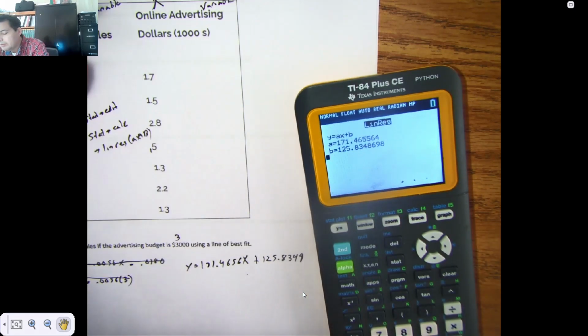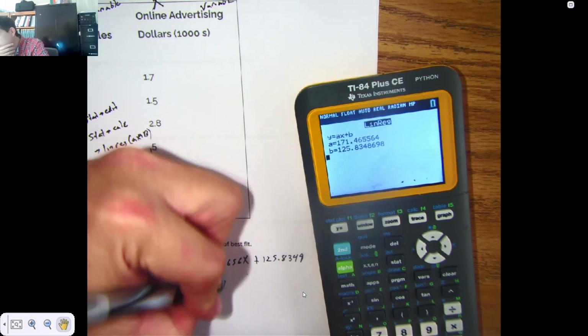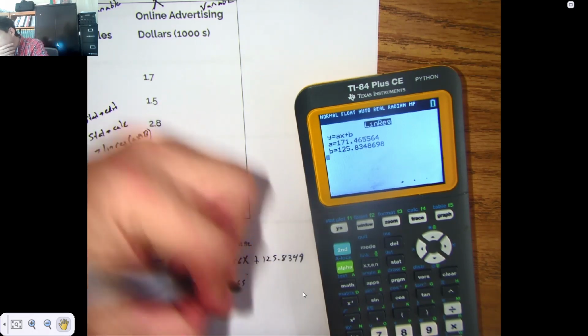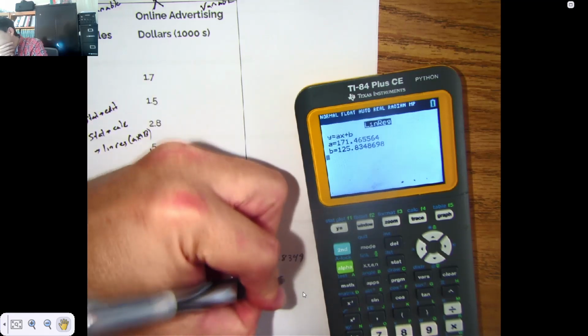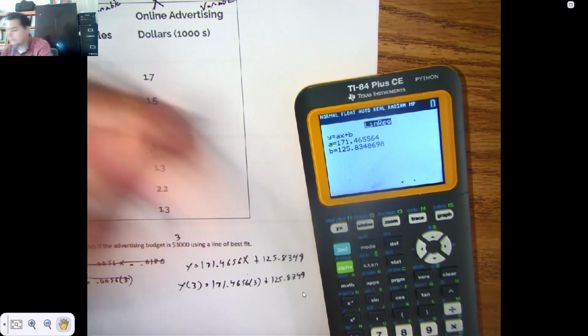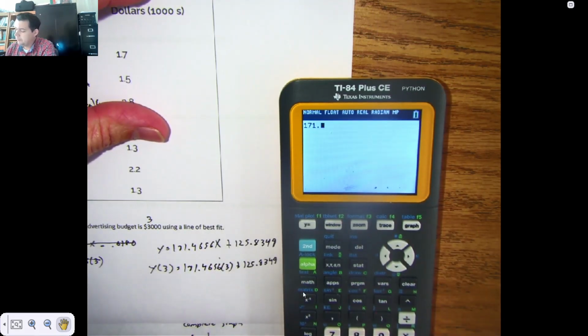Now, I want to figure out what happens when I plug the 3 in, so I'll plug the 3 in. 171.4656 times the 3 plus 125.8349,